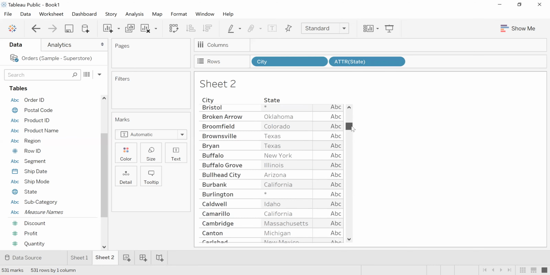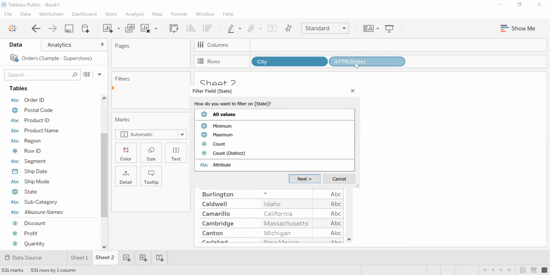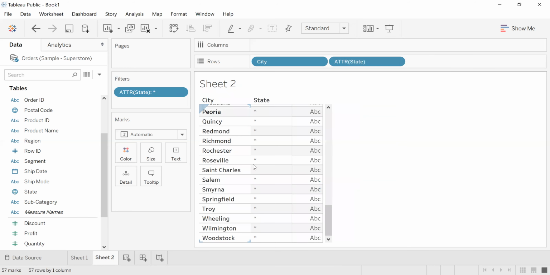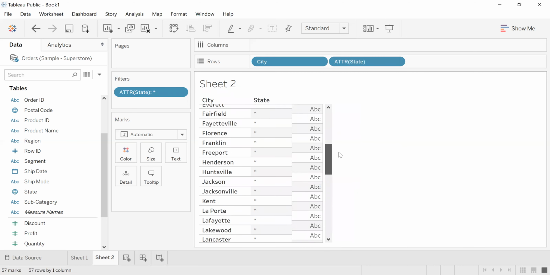All right, so now the requirement is to show only those cities which are coming under multiple states. So press control and move it here. I'm pressing the control key. When you press the control key and drag and drop the column onto the filter shelf, it will take a copy of that particular column. So make it an attribute, and you will see star is also coming up here. Go here and select the star one. With this, you will only get those cities which are coming under multiple states.